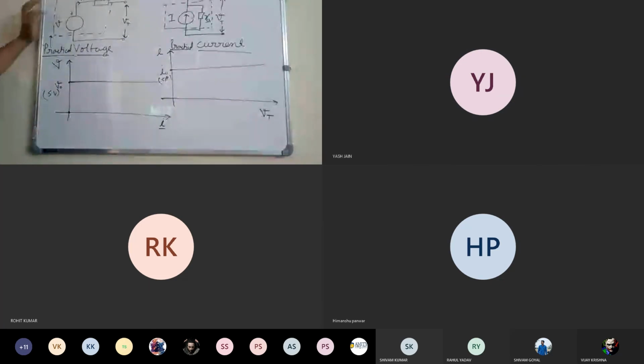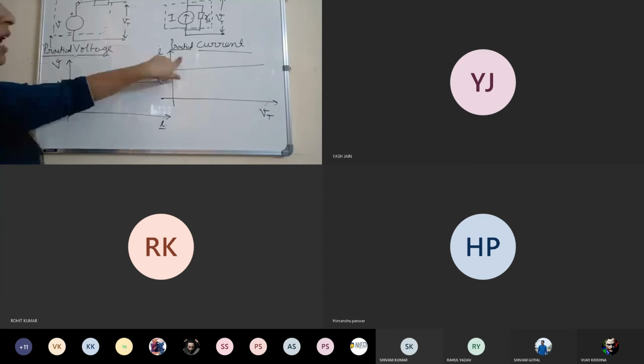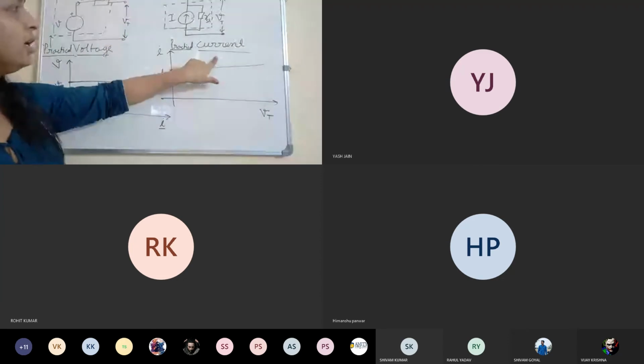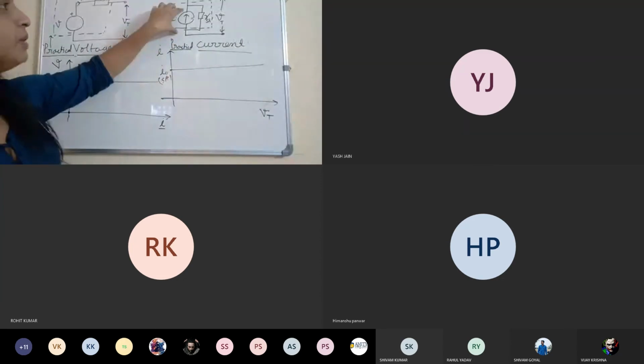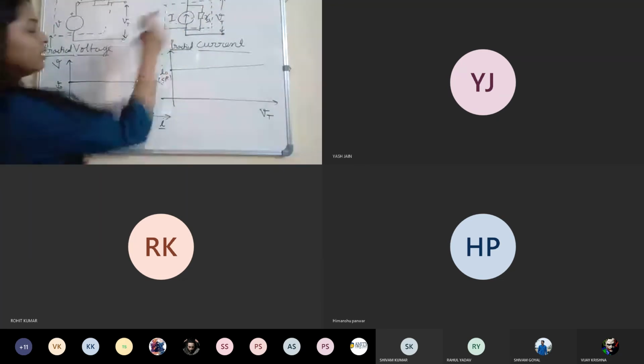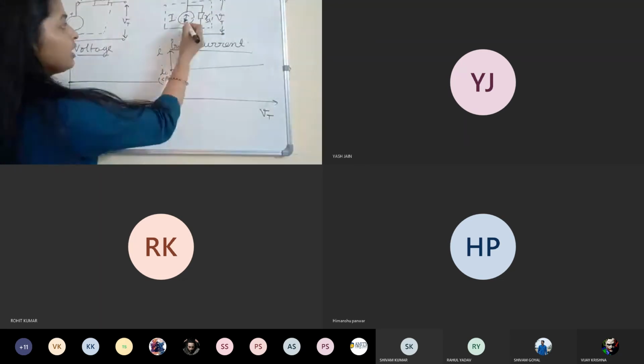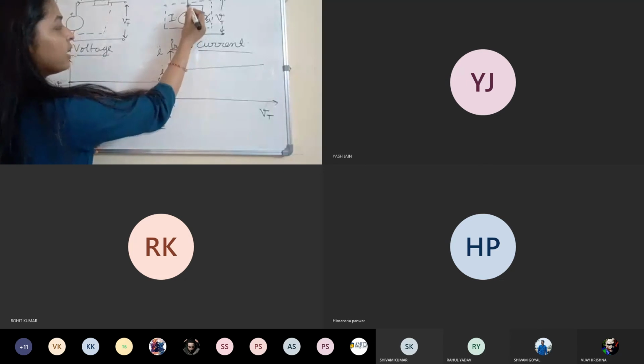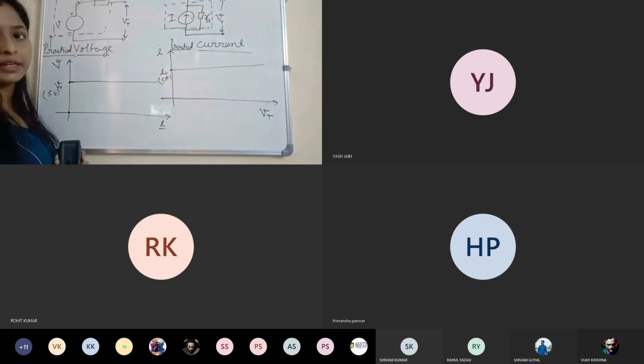So this is the practical voltage source where I've taken the voltage source along with the series resistance. Fine. And this is the terminal voltage. This is a practical current source. Why is it practical? Because instead of sending the complete current to the circuit, it is giving some less current. How? Let's see. If you can see it clearly, the current I is created up to this point.